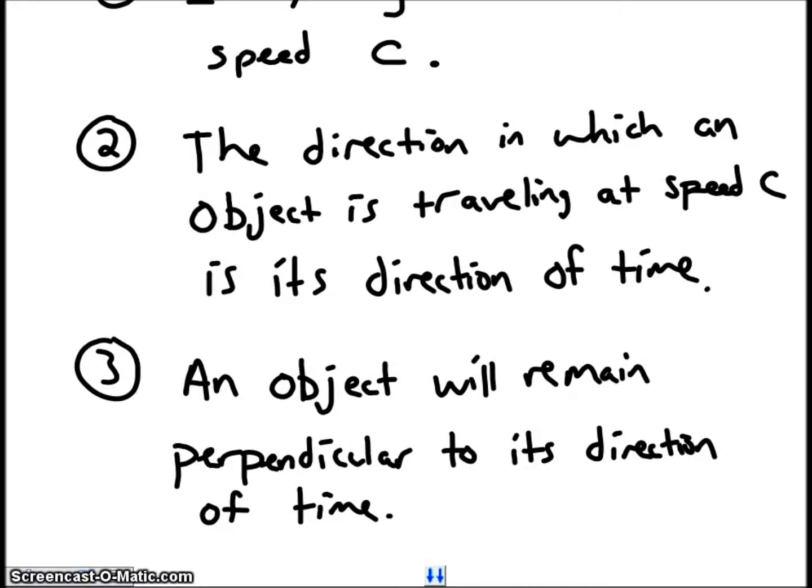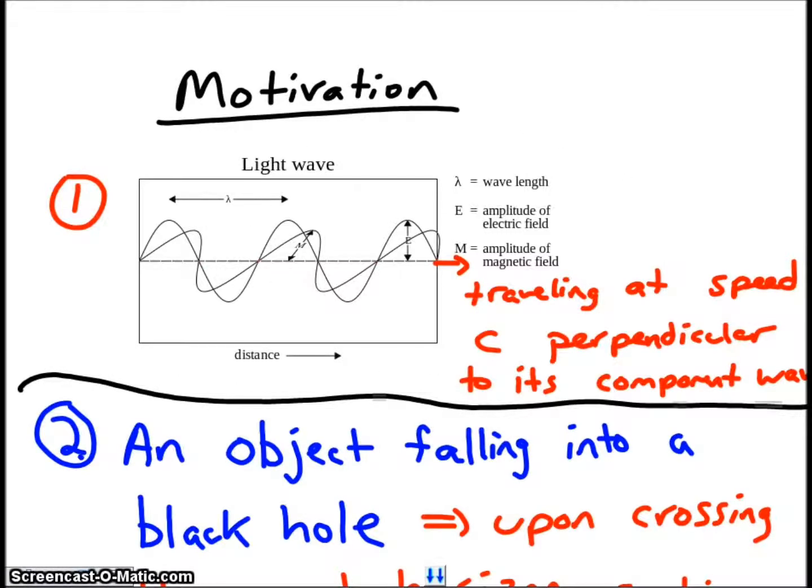But before I get to that evidence, I'd like to first talk about my motivation for making this conjecture. So the first thing is that if you look at a photon, there's an electric component and a magnetic component to a photon, and it propagates in a direction that's perpendicular to its component waves. Right, so the direction it's traveling in is actually perpendicular to its electric and magnetic components. So that is the motivation for number 3 in my conjecture, which is an object will remain perpendicular to its